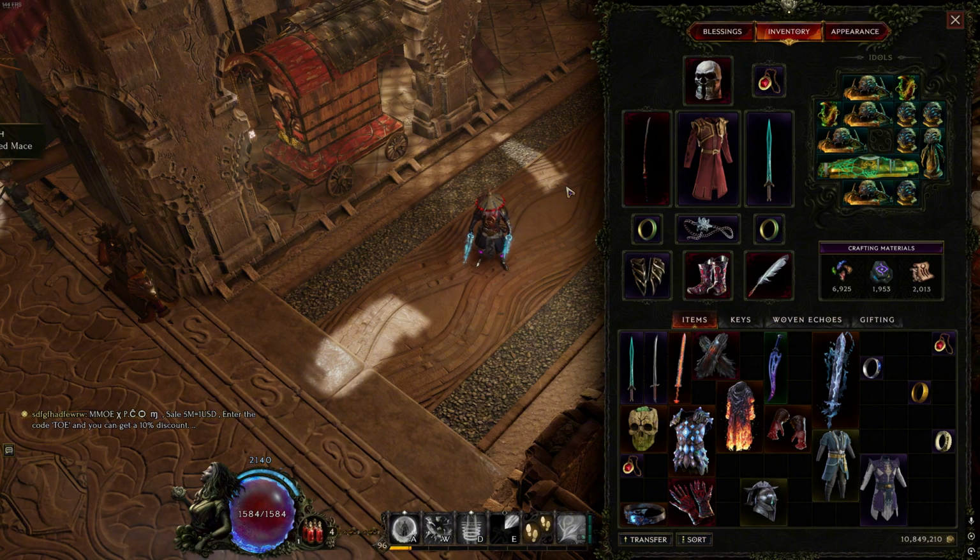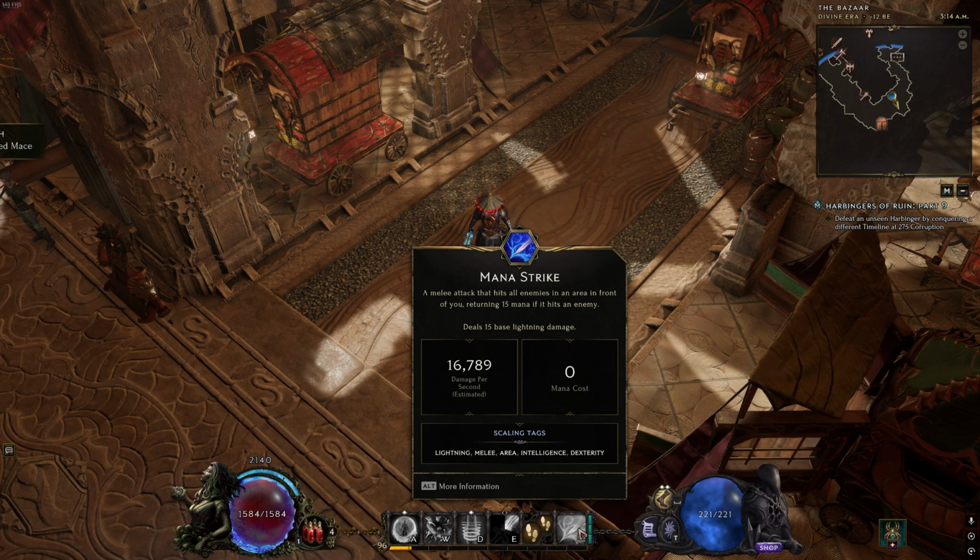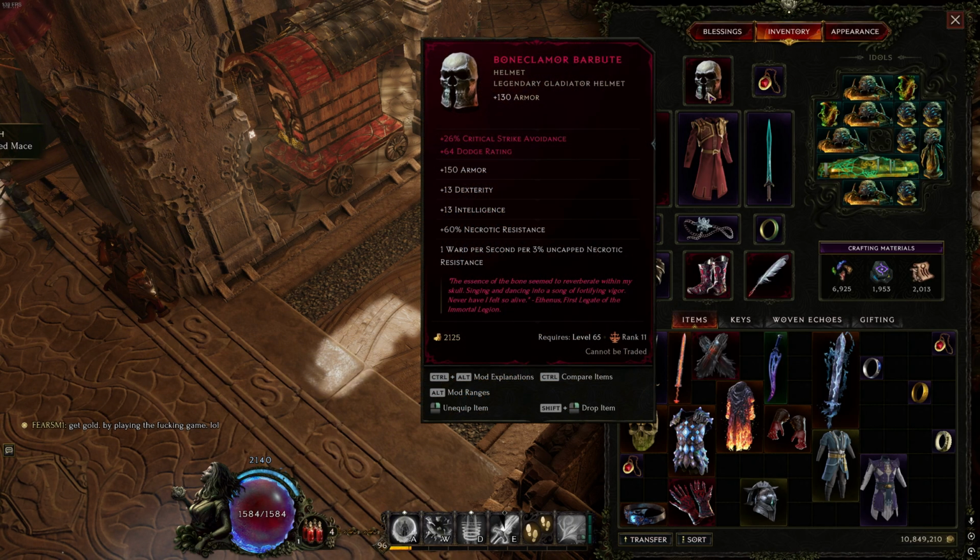Now, another thing I want to talk about is the mana, right? One of the biggest issues with this build, or Spellblade in general, is the mana. But if you can keep your mana sustained for a longer period of time, you're going to do more damage because you don't have to go ahead and use your mana strike. So I've built this around trying to keep my mana up as much as possible, just enough to kill the boss. So this is the first piece I have, just armor, dex, intelligence, and 6% necrotic resistance, and